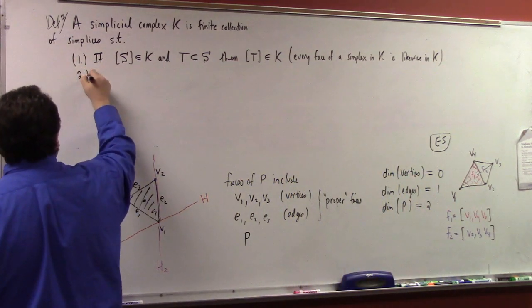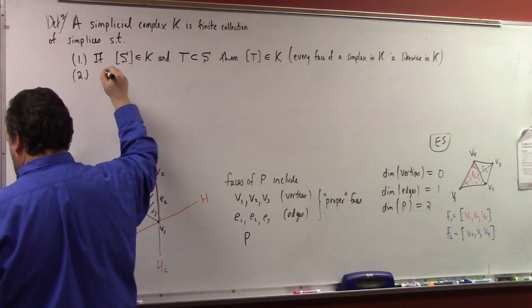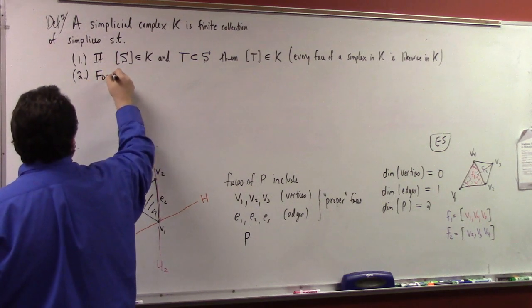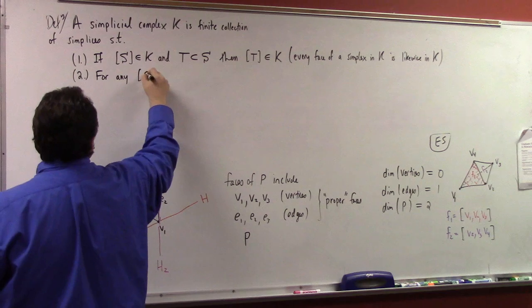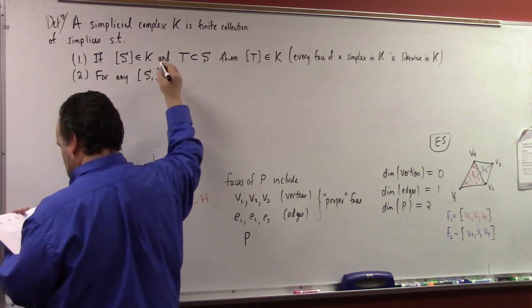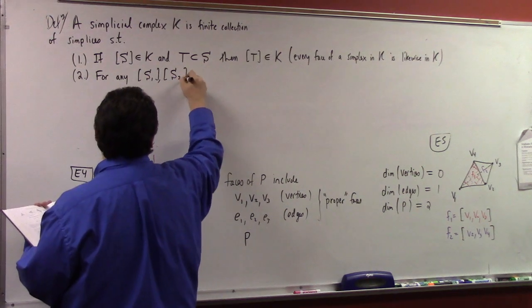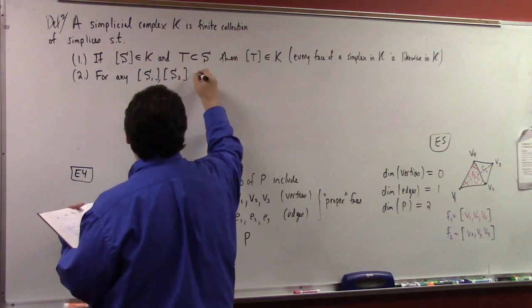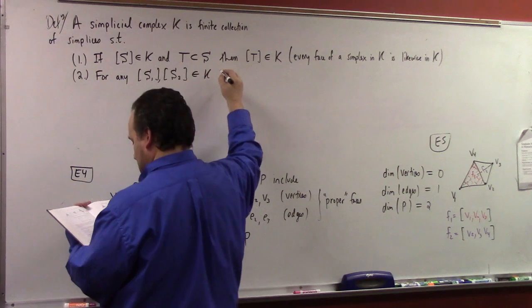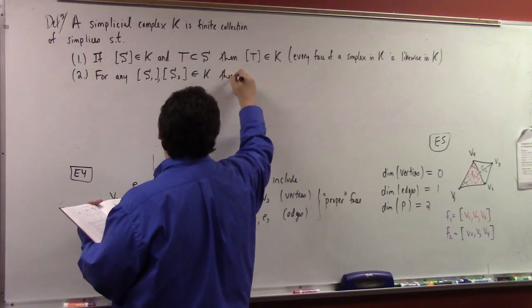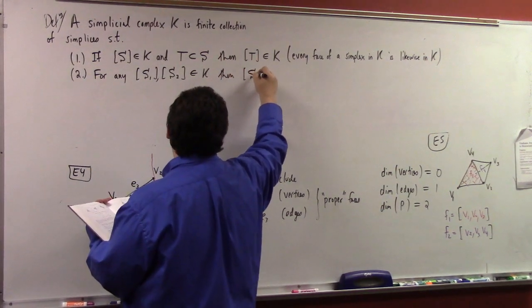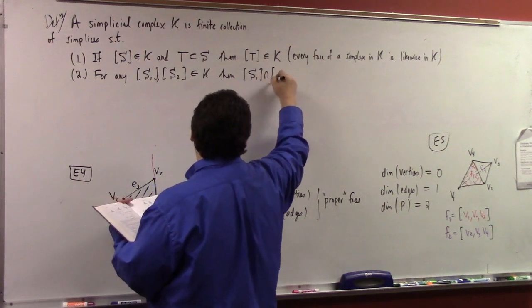And number two, for any two simplices, one generated by S1, the other generated by S2, in K, then if you take the intersection of these two simplices, which we can